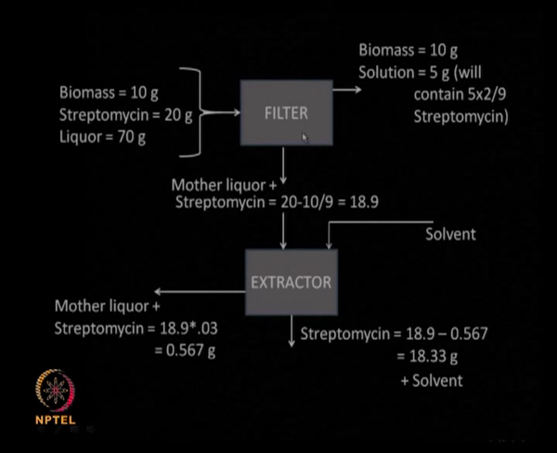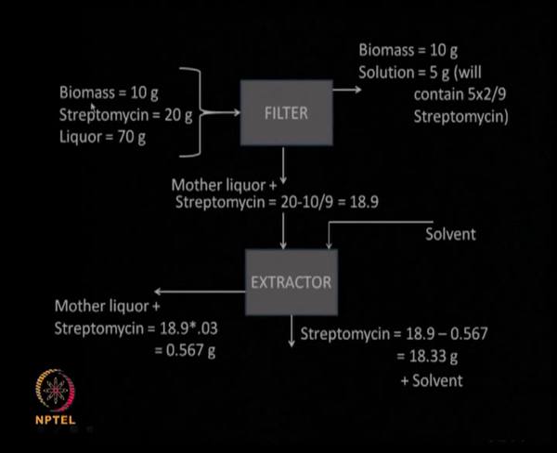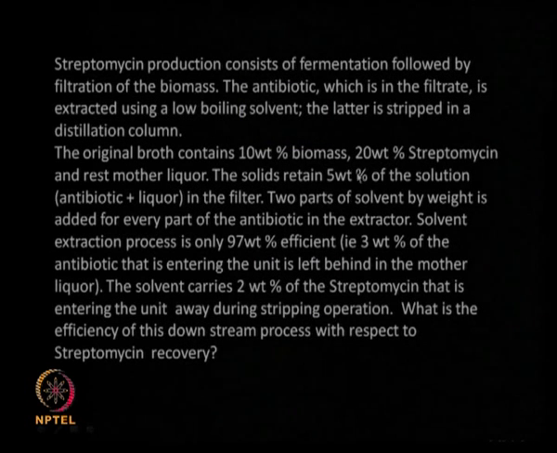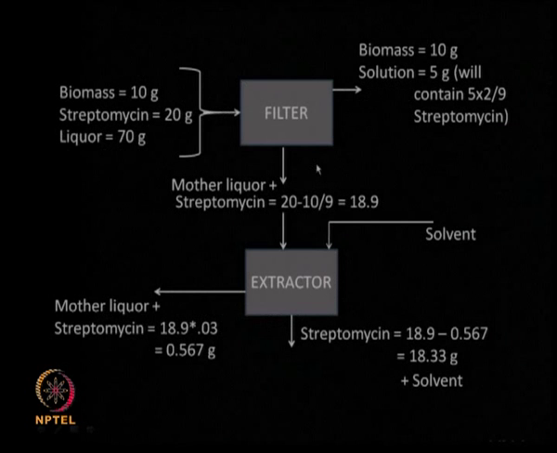Let us draw flow charts of each of the downstream operations. You assume a filter. Because it is 10 weight percent, suppose you take 100 grams of the total mother liquor, you will have 10 grams of biomass, 20 grams of streptomycin and the remaining is the liquid, that is 70 grams. Now when you do the filtration, the biomass is completely removed, 10 grams, but it is retaining 5 weight percent of the solution, as shown here. So 5 weight percent of the solution is lost in the biomass. So now this 5 grams